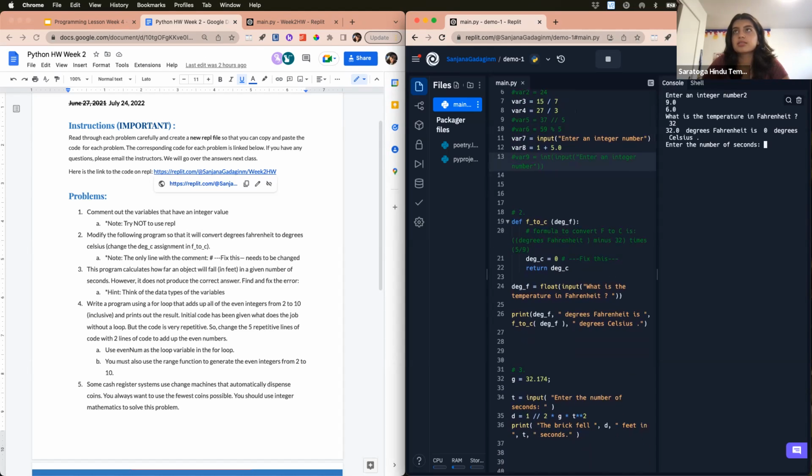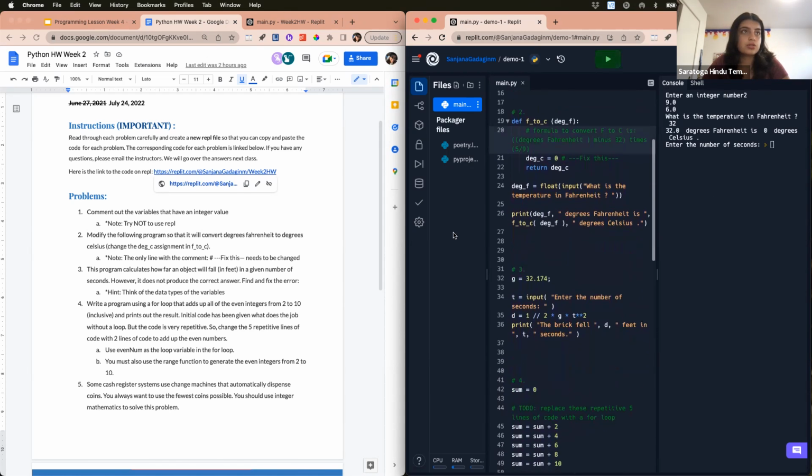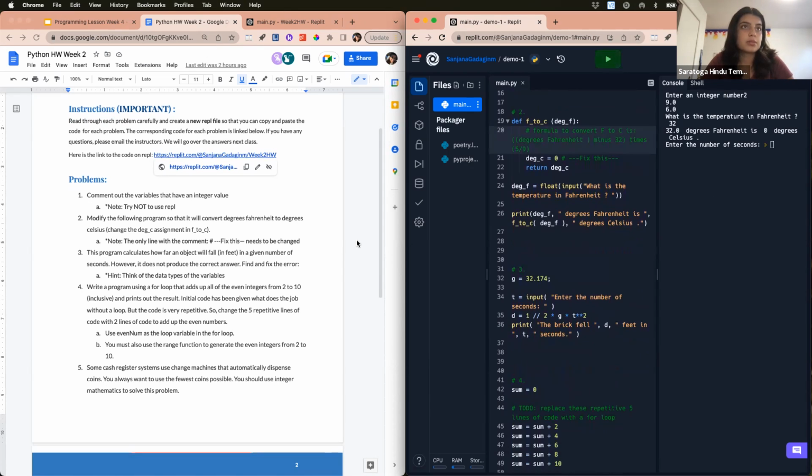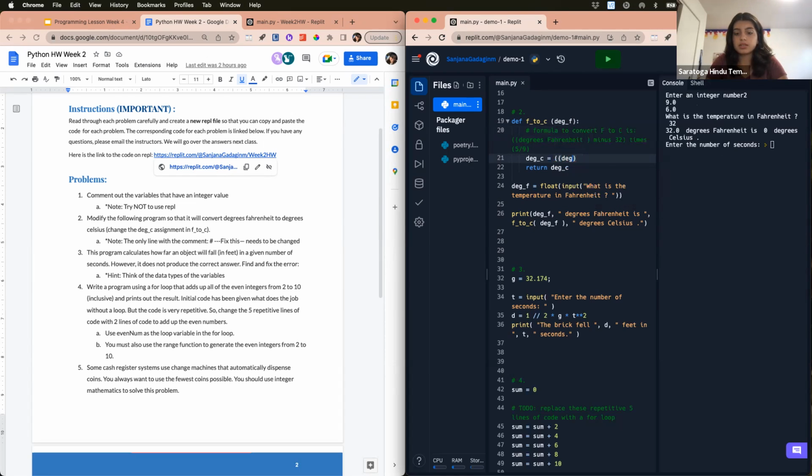Okay, so this is the next part. So number 2, modify the following program so that it will convert degrees Fahrenheit to degrees Celsius. Change the degree C assignment to F to C. Okay, so you were given this formula to convert F to C, which is just degrees Fahrenheit minus 32 times 5 divided by 9. So in this case, degrees Celsius, we would have to fix this. So it would be degrees underscore Fahrenheit, which is our parameter here,